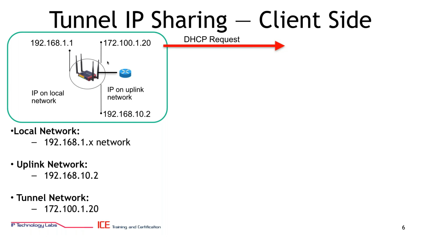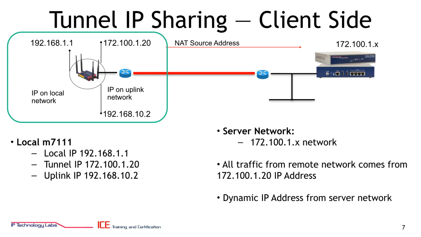you configure those. Your tunnel is established, sends a DHCP request to the head office, and it gets an IP address from the head office network. You can statically assign it, or you can do DHCP, but it's an IP address that's part of the head office network. So what this gives you, we add in our server side, say we have a laptop over here